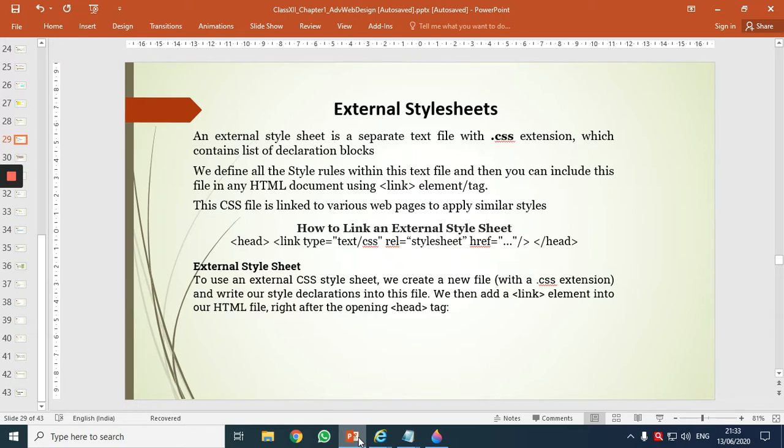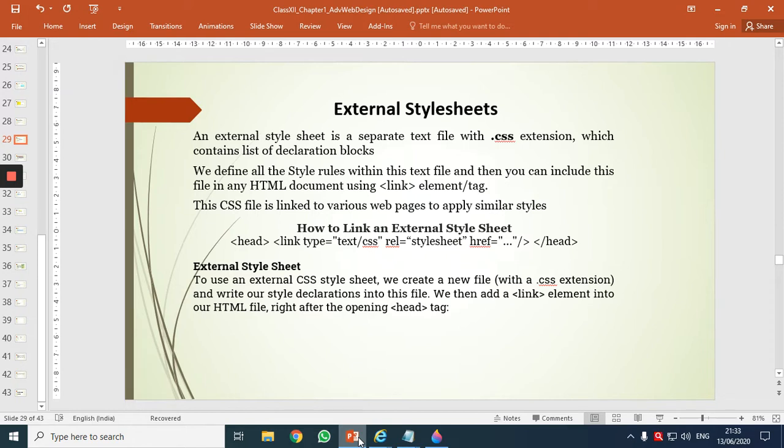And we will include that particular file into our HTML document. We'll create a relationship between them. Okay. So the CSS file will be linked to many web pages. If we want all these web pages to get similar styles, this one CSS file will be linked to many web pages to apply similar styles.